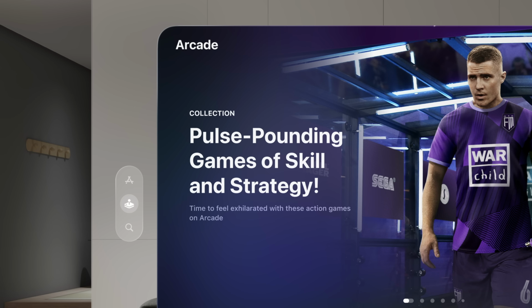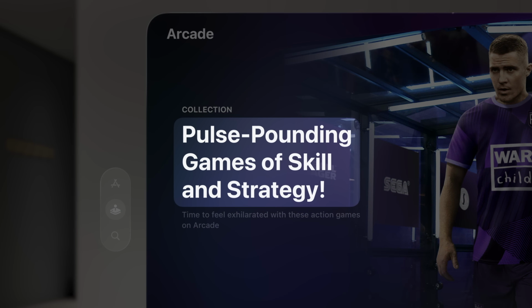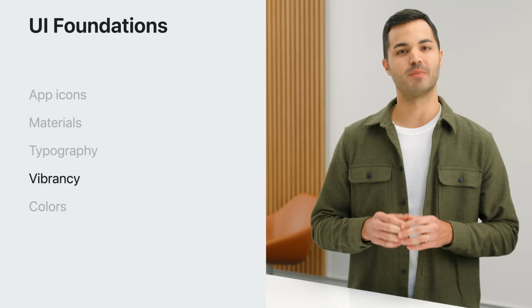In addition to the well-known font styles we share across platforms, we've added two brand new font styles that take advantage of the wide editorial style layout you can use. Here's an example of the extra large Title 1 on Arcade. Cool, right? Even though windows can scale up to incredibly large sizes, custom smaller or lightweight fonts can still be difficult to read. To improve that, consider increasing the weight or using a typeface designed for optimized legibility, like system fonts.